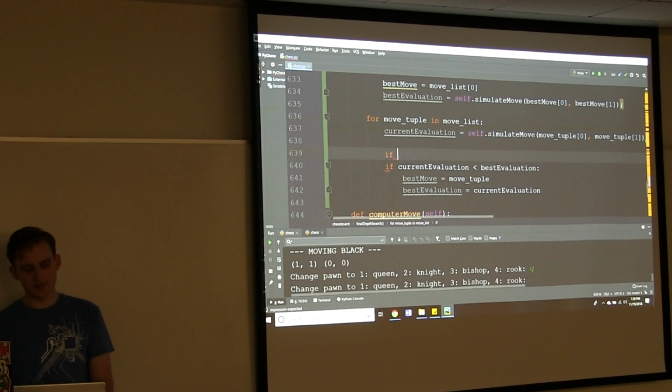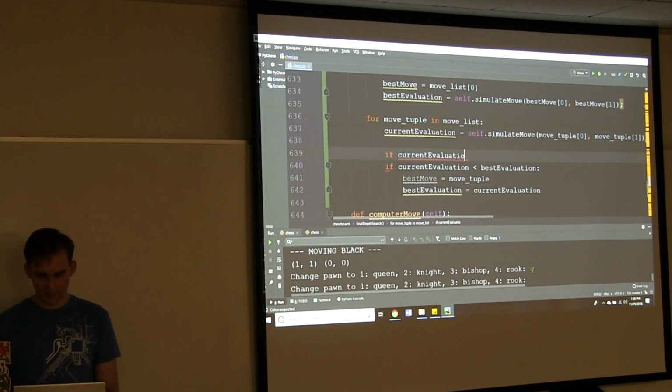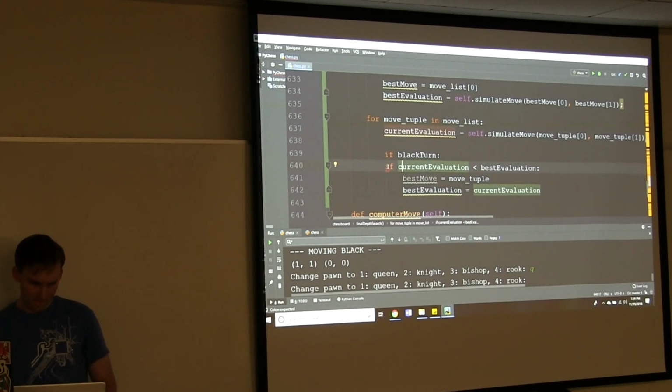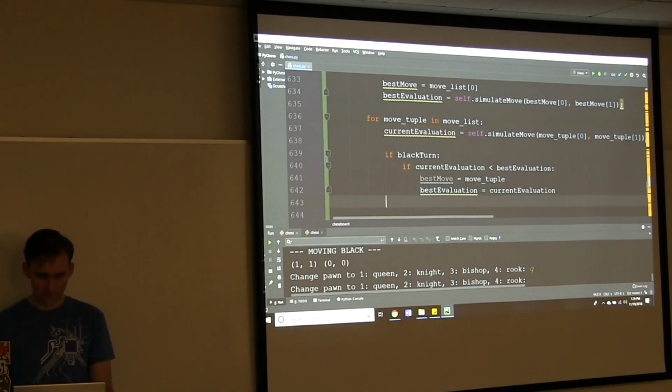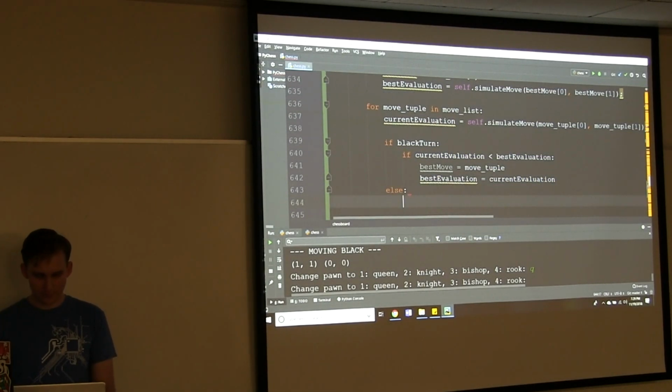Or it's just an intelligent decision from either side. So current evaluation, or no. If black turn, then we're going to use the current logic. Else, it's the same idea, but reversed.